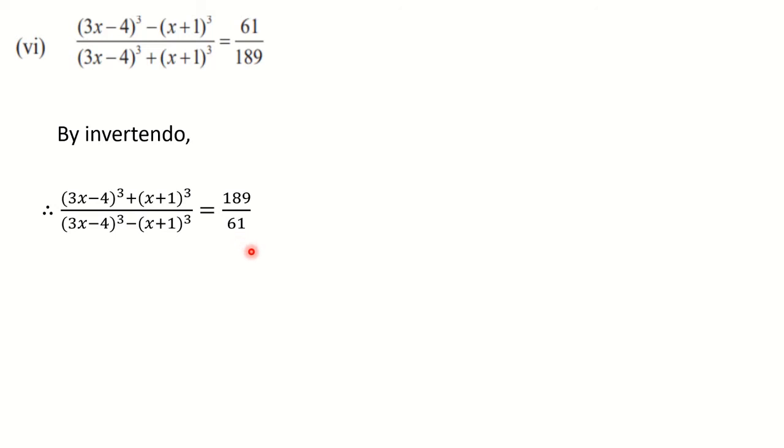Now you will observe that it is similar to question number 3, so you will solve it as homework. You will go for componendo dividendo, then the second term will get cancelled from the numerator and the first term from the denominator, and then you will get perfect cubes here. In question number 3 you took the square root. Now you are going to take the cube root and then cross multiplication, and you are going to get the answer. I hope all of you will solve this.